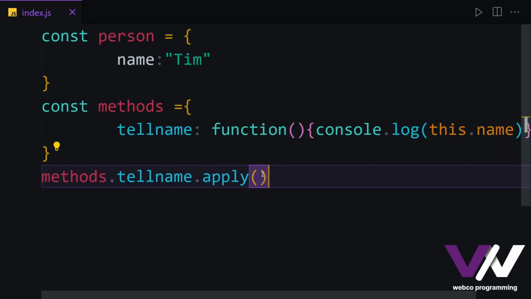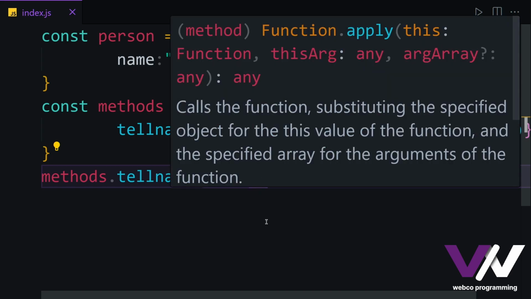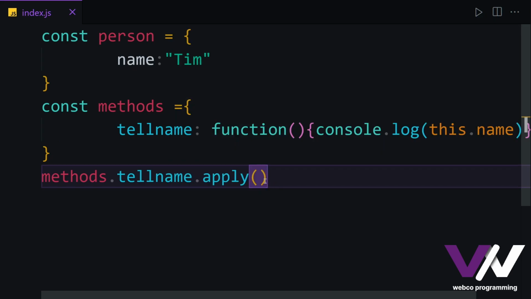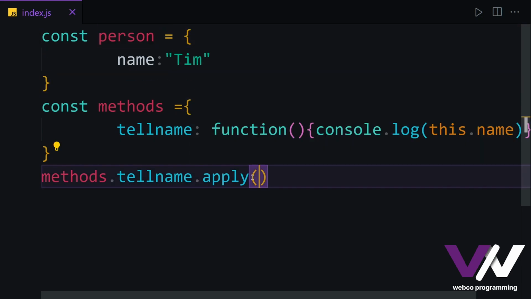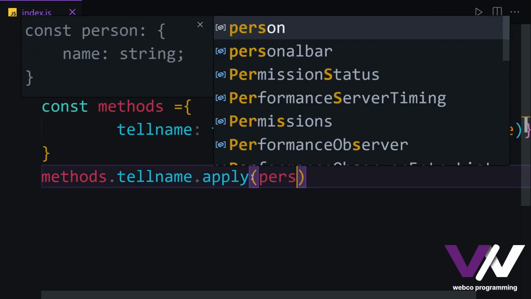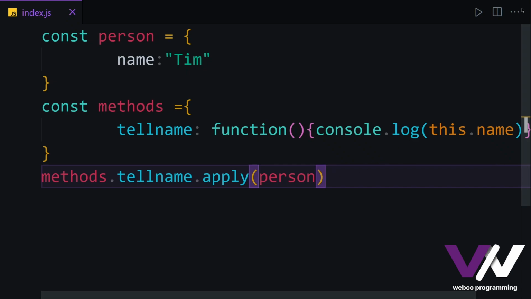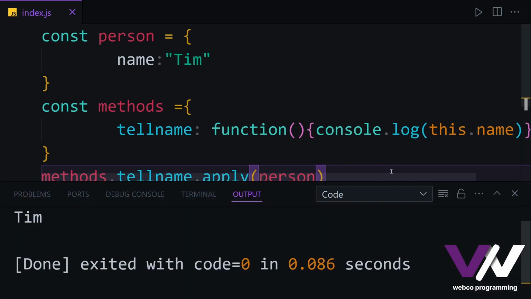And inside of these parentheses, we give the object that we want this function run on. That's going to be person. So we use the name of person as our object, and this time if we run, you can see that we got the result of Tim,